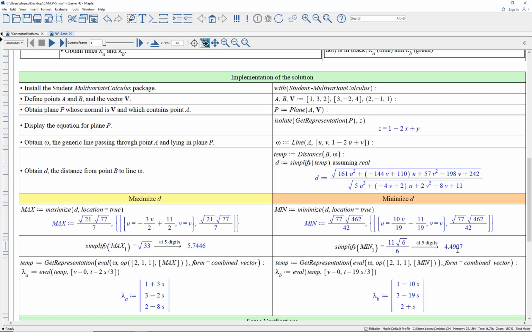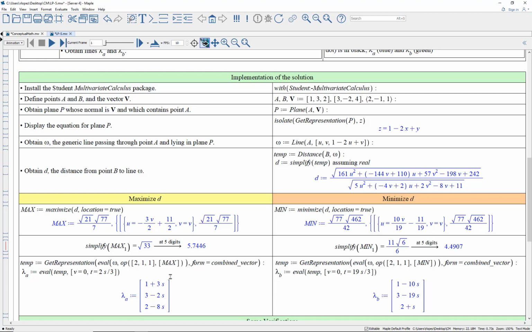And float it. It's smaller than this number. And then now look in here at the values of U and V. There's a value for U, but V is free. There's a value for U in terms of V, and V is free. So now let's make use of that information and find out what the generic line omega turns out to be